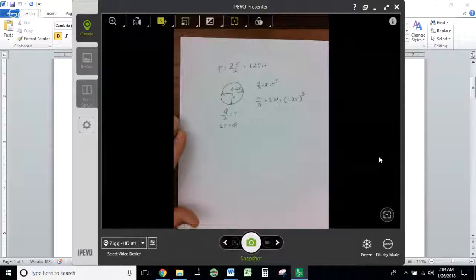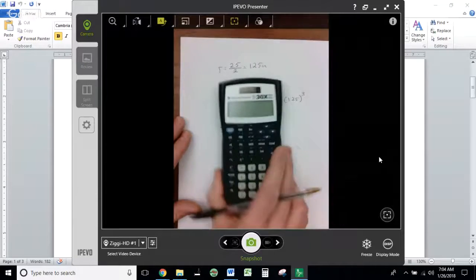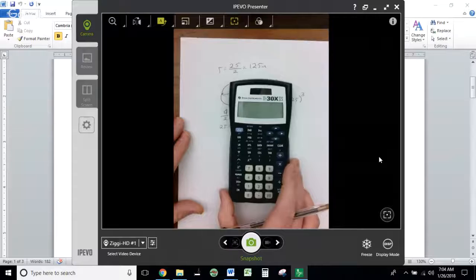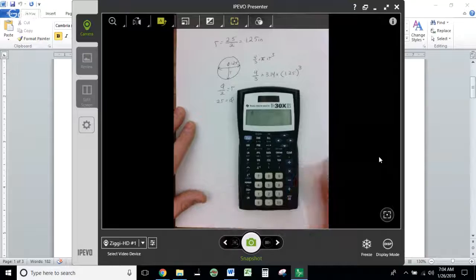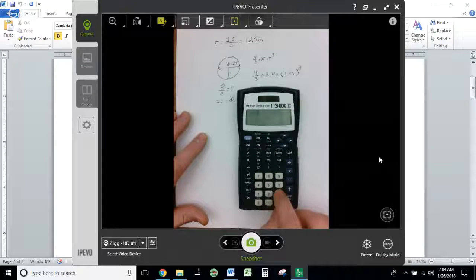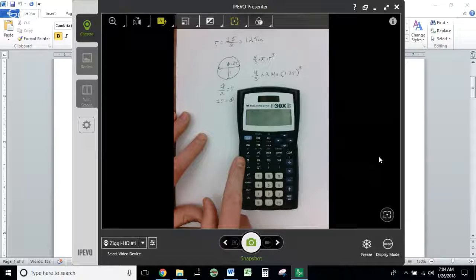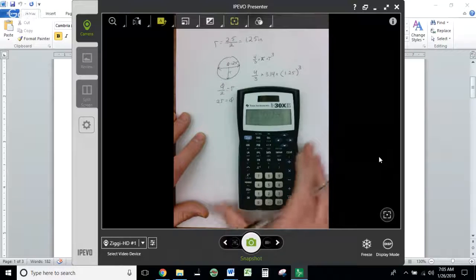So let me show you a couple ways that we can plug this into our calculator. First of all, if you have a TI-30X that shows you exactly what you type in there, that's really nice, because that will allow you to type it in just like we see it on the paper here. 4 divided by 3, multiplied by, they even have a little pi button that you can push. So let's push that, times pi, times, and we can do our parentheses, 1.25, end parentheses. This little caret right here is the to-the-power button, lets you do an exponent of 3. Push enter, and we know we have a volume